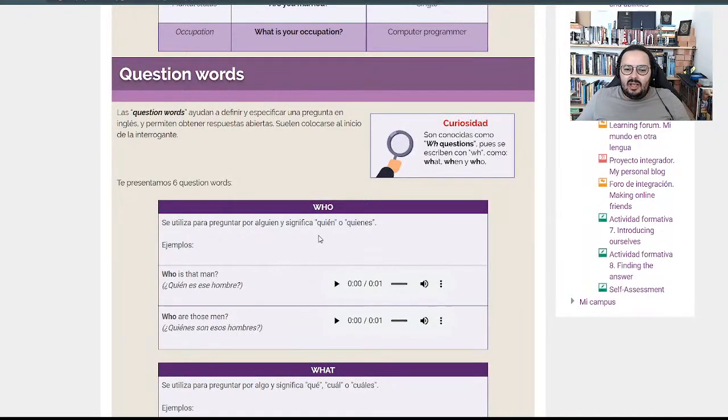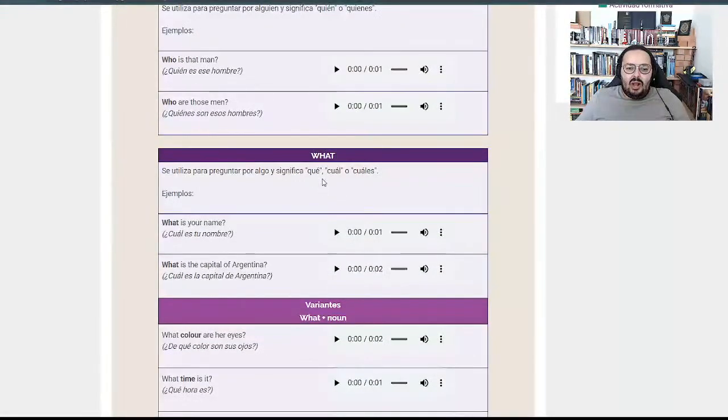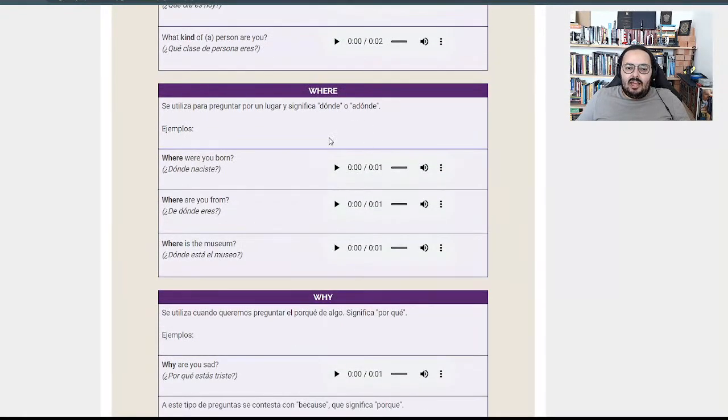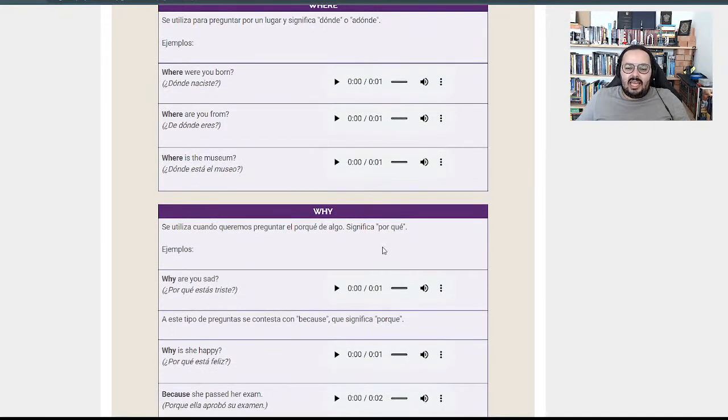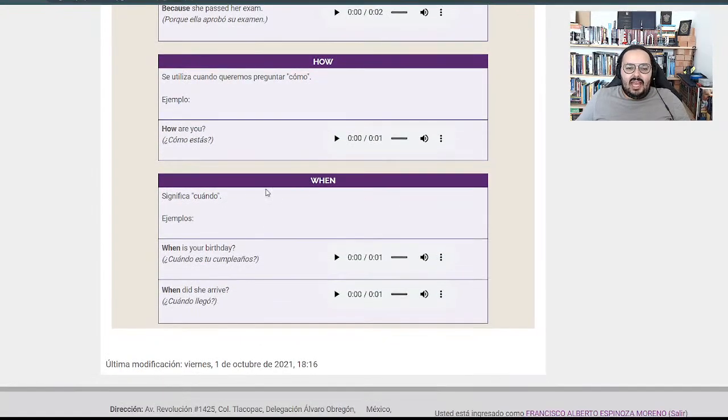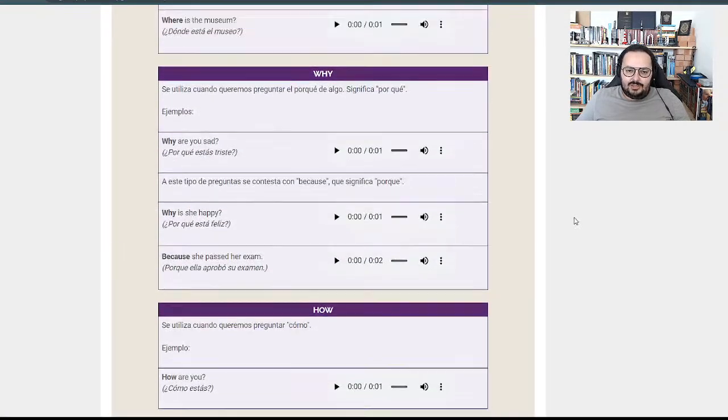Remember, we use who to ask for a person, what to talk about qué, cuál, o cuáles, and where to ask for a place, dónde or a dónde, why to get more information, a reason of something, por qué is the translation, how to know the way of something, how something happened, cómo sucedió algo, and when to talk about the time, cuándo is the translation. Okay,